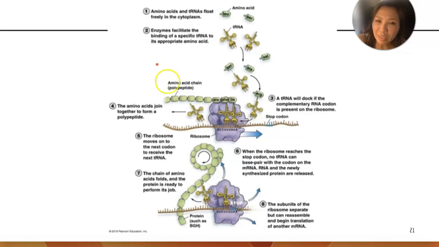So it's going to leave, get recycled, and go back up here to search for another amino acid. Meanwhile, this growing polypeptide will just continue to grow. And when it hits the stop codon, it's going to stop the translation, cut, and leave, and you have a finished